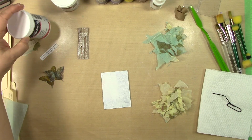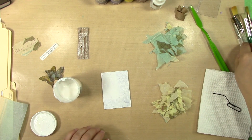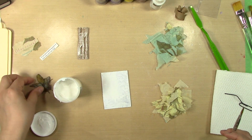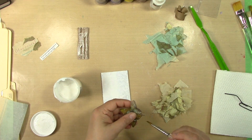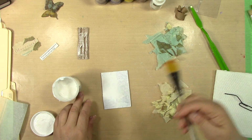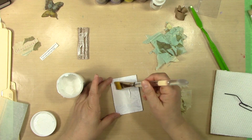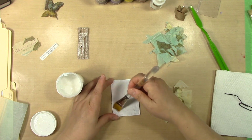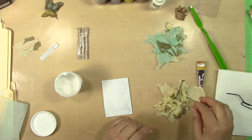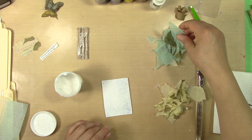So let's start collaging. I'm going to use my matte medium. You can use a decoupage medium as well, no problem. And get my little butterfly. When I did the butterfly, I used a small brush to collage it. But when we're working with these large pieces, I like using a larger brush because I like putting many layers on. So this one here, I'm going to put this as the dark pieces,